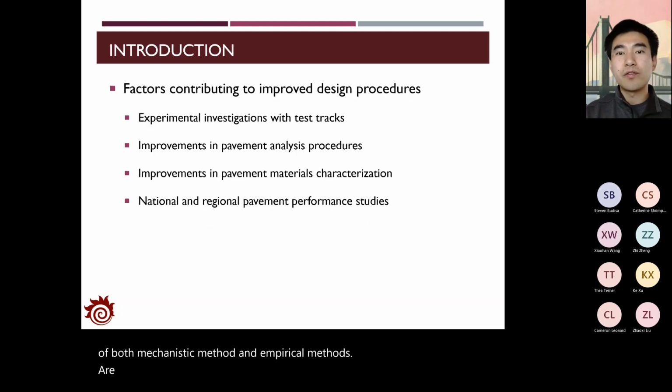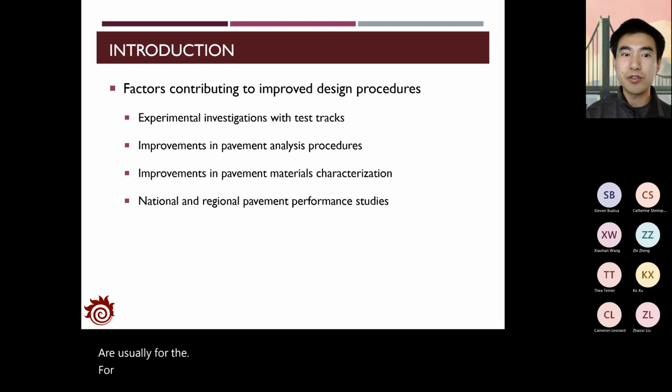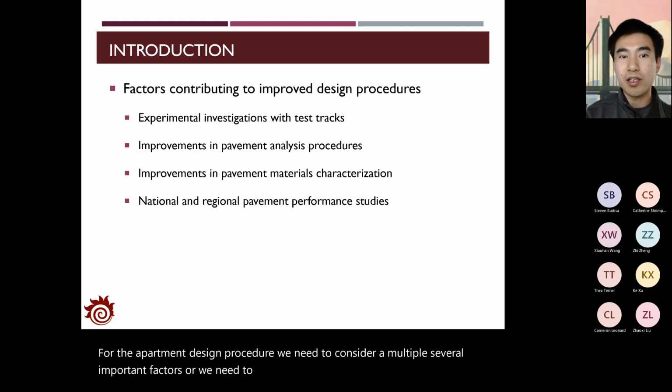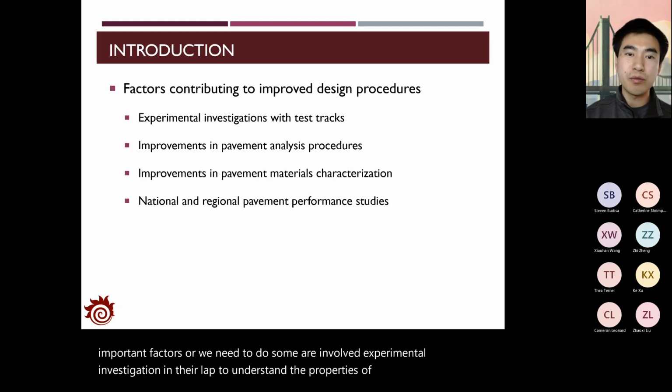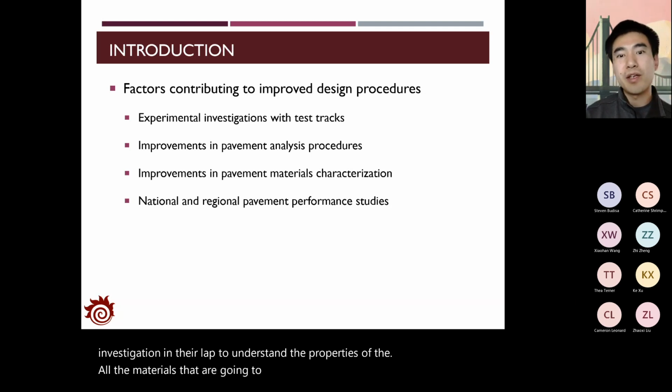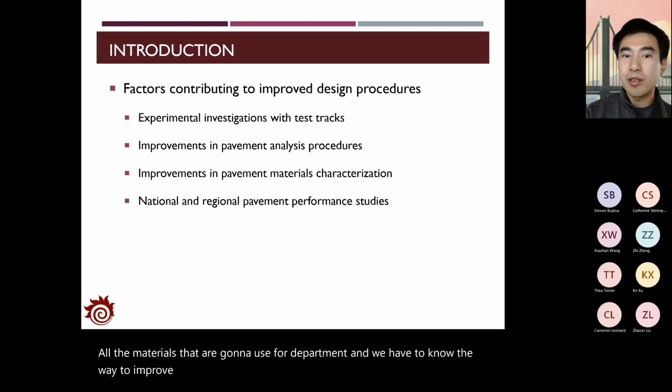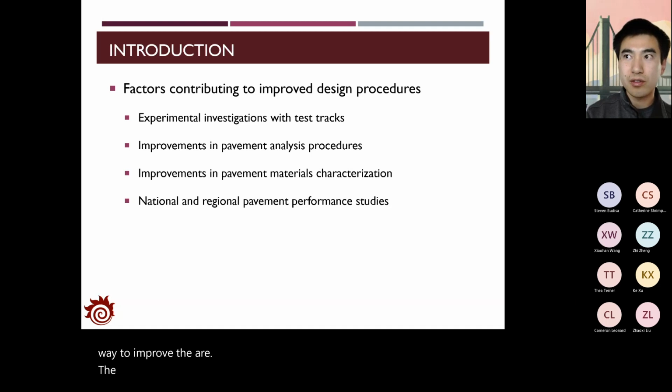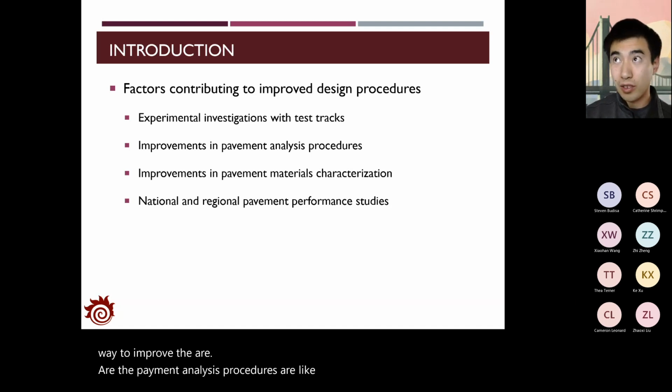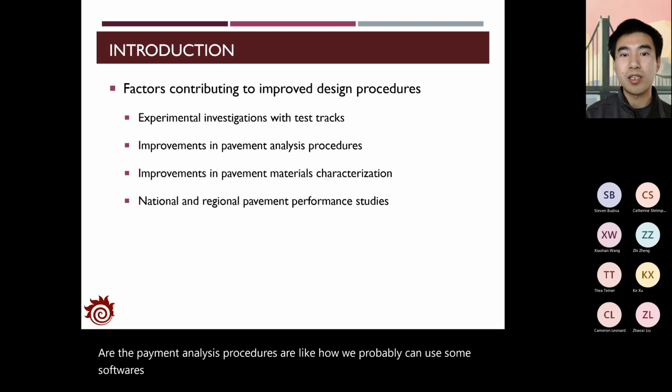Usually, for the pavement design procedure, we need to consider several important factors. We need to do some experimental investigation in the lab to understand the properties of the materials that we're going to use for the pavement, and we have to know the way to improve the pavement analysis procedures, like how we probably can use some software to conduct the pavement analysis, and also the way